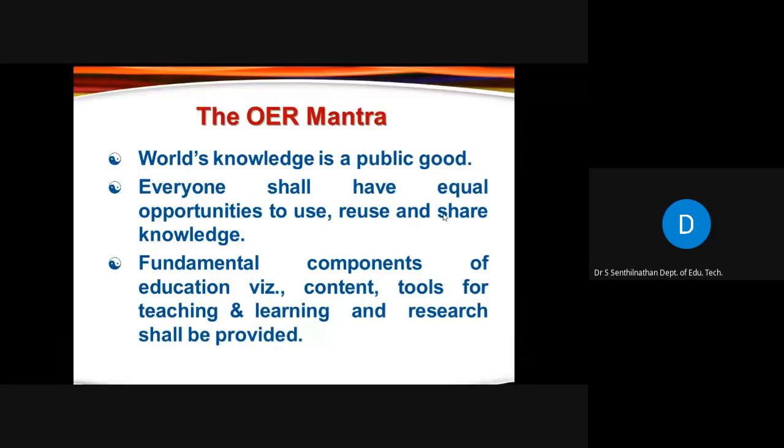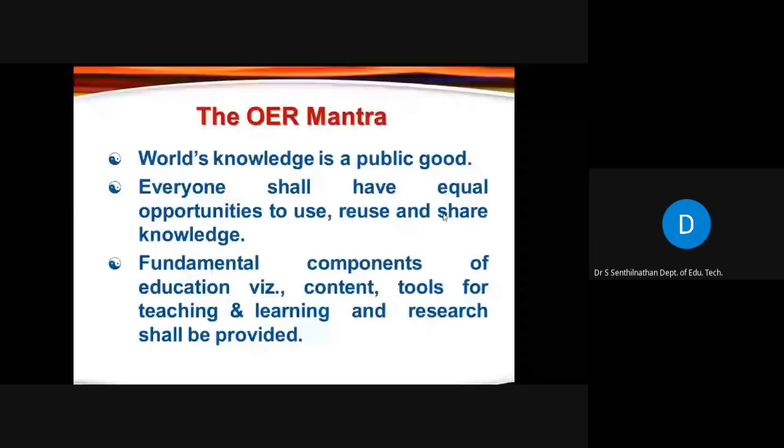And the second one is OER should pave way for everyone in the world to have equal opportunities of accessing the knowledge. Nobody should be denied an opportunity to access knowledge, use knowledge, and share knowledge. What we call as equality of educational opportunities.